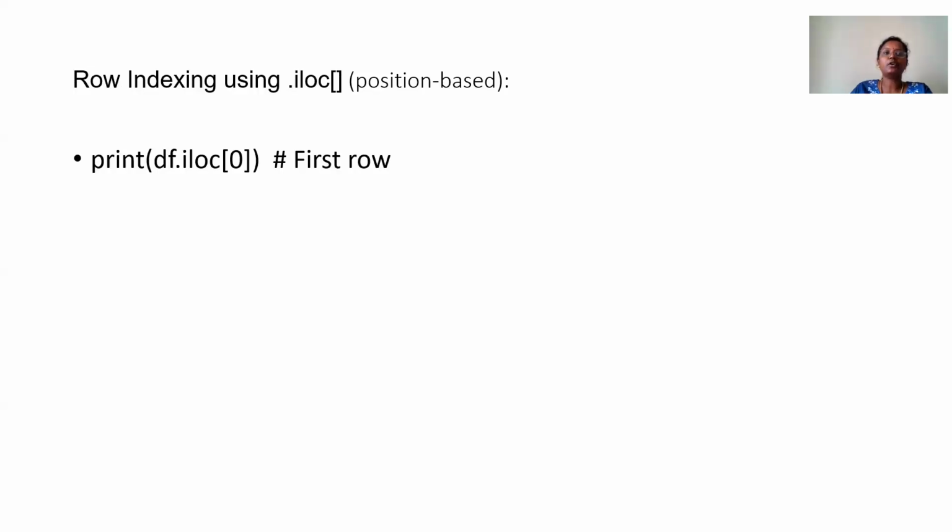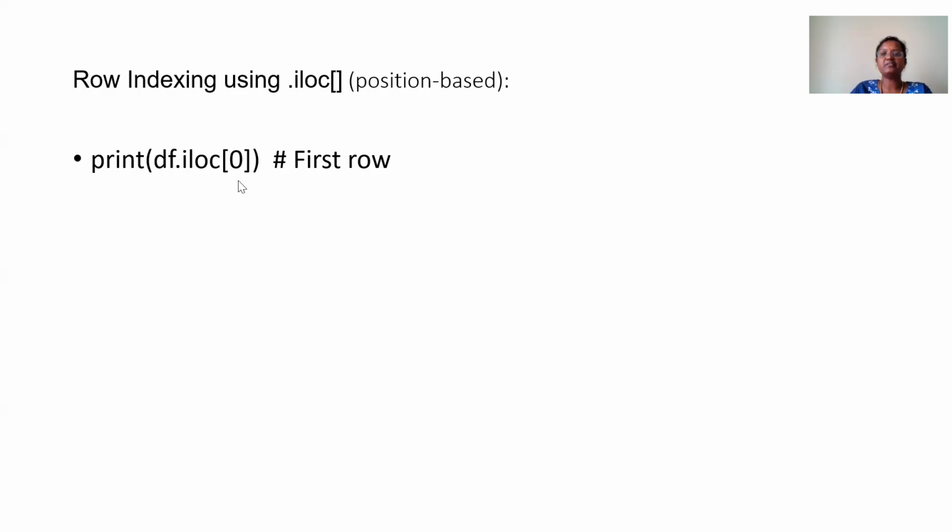Second thing, row indexing using iloc. That is position-based row indexing, because we have multiple rows and need to choose a particular position. At that time, you can use the same data frame iloc of 0.